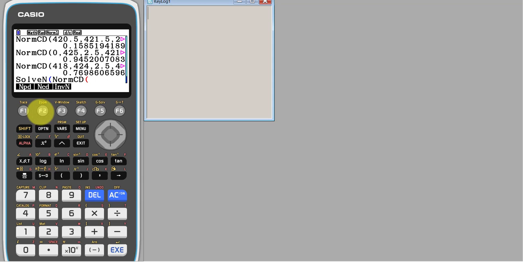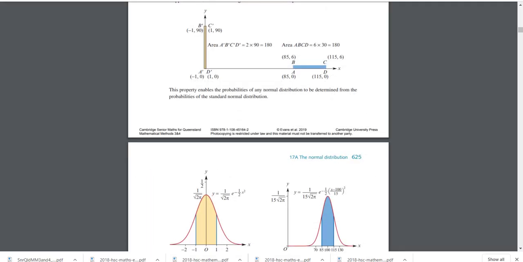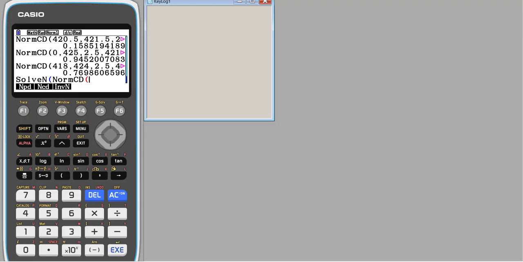I want x, so this is x is less than little x, and I'm going to use a less than, so my lower bound will be 0 again, and the probability is 0.98, and so I've got 0, comma, x, comma, 2.5, comma, 421, my standard deviation and mean, and I want this to be equal to 0.98, 98% chance, and I want to solve this for x, and then I close the brackets,